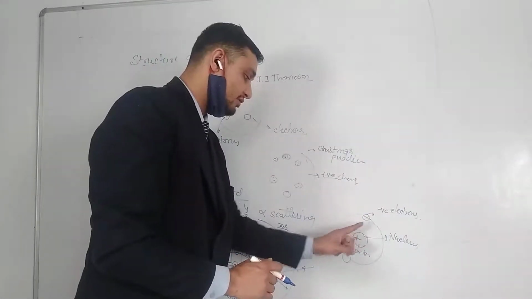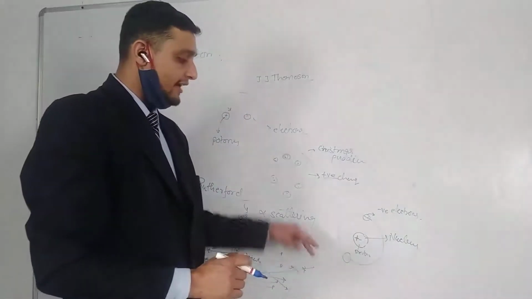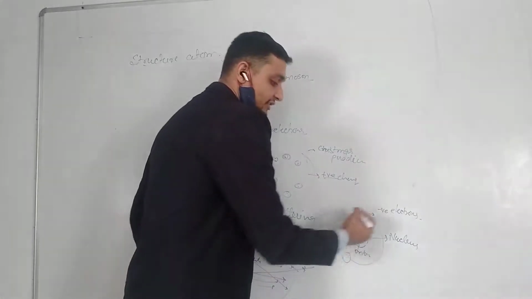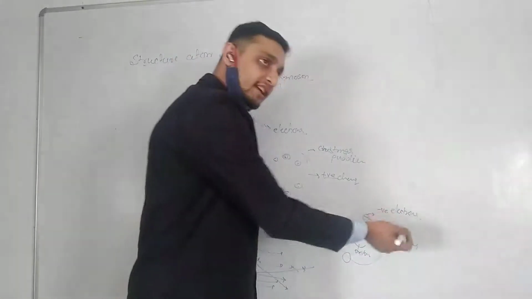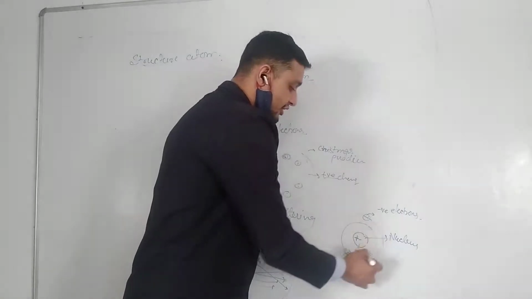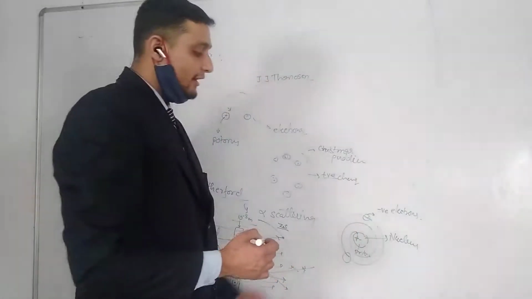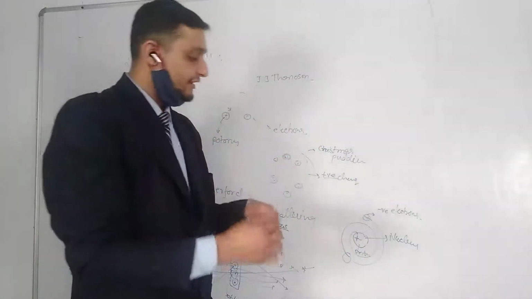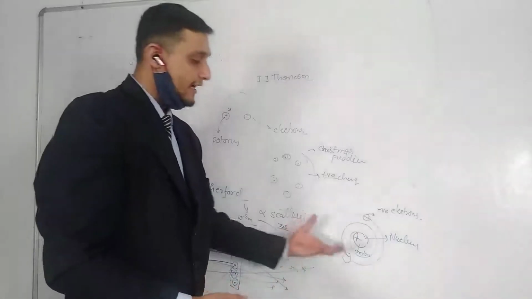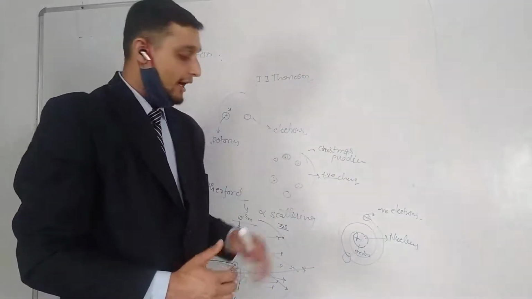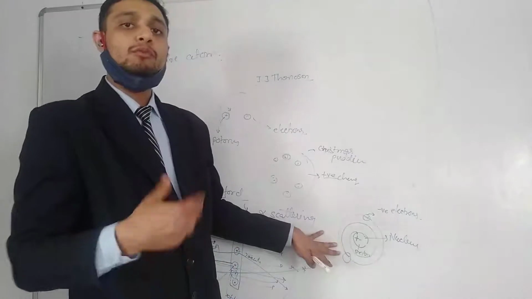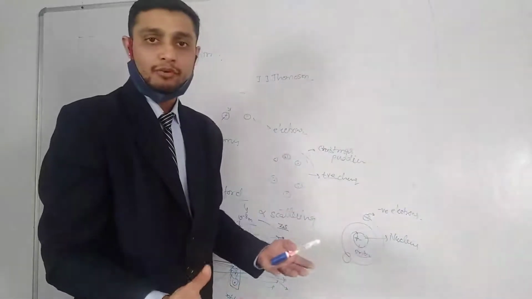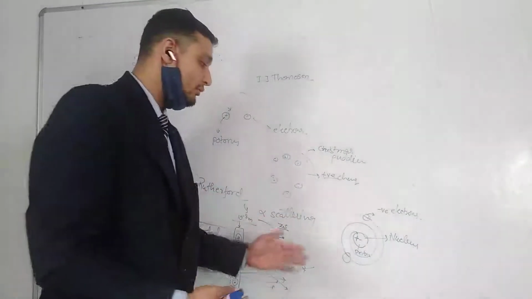But later on it was said by Niels Bohr that if electrons are rotating in these orbits, then they should release energy and finally fall into the nucleus. But it is not happening because everything is stable. You are not seeing anything shrinking. That's why this model failed, and then Bohr gave a new theory. Other than this Bohr model, there is one more model that we have to study in class 11. Up to class 9, we have to study the Bohr model. So in the next class, I will tell you about the Bohr model.